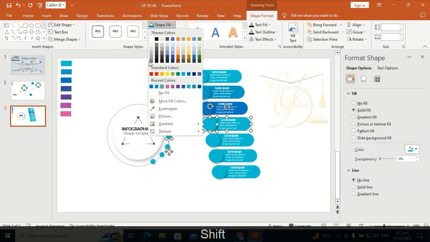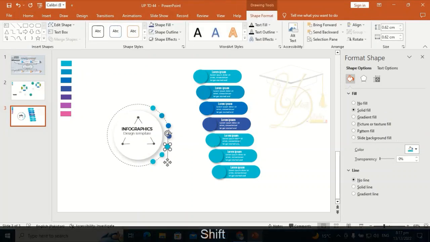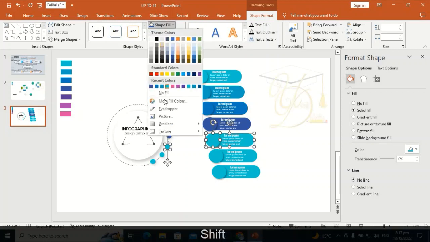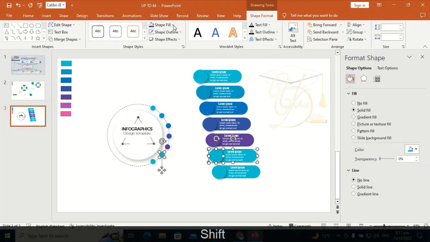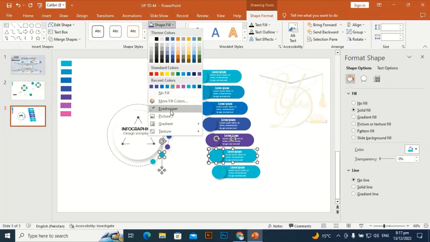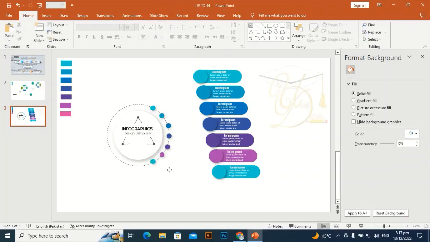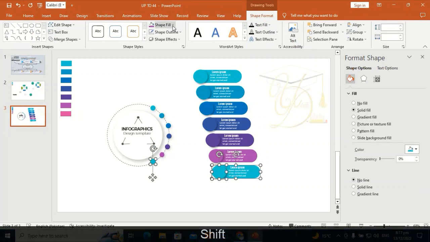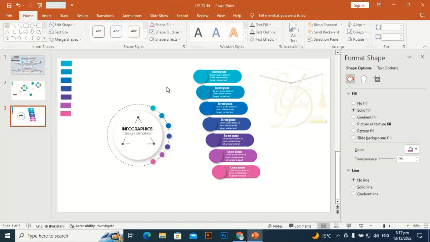Select all three shapes, and with the eyedropper take this color. Select by holding Shift, pick the eyedropper and take this color. Okay, select all three shapes, go to Shape Fill, pick the eyedropper and take this color.